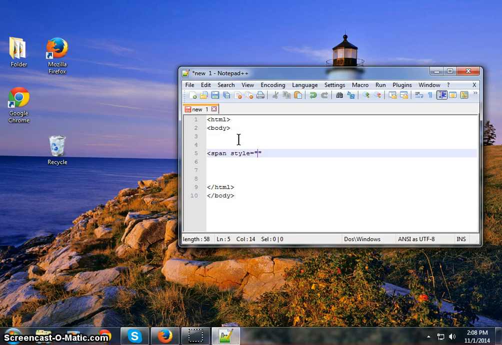And once you've got that, type font-size, because we want the font size to be big, of course. We want the font size to be big because it's a welcome. You want it to be noticeable. Now we're going to type colon 70px, which is 70 pixels. And then we're going to type semicolon, color, C-O-L-O-R, colon, black,